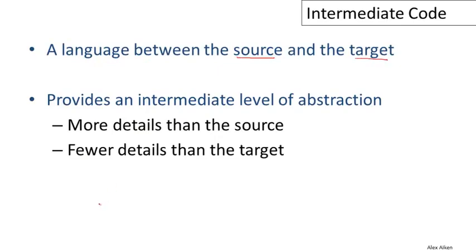So keep in mind what a compiler does. A compiler takes a program written in some source language, and it provides a translation of that program into some target language. And so in this class, for example, where often our source language is COOL and our target language is MIPS assembly code. Now, an intermediate language actually lives in between these two,